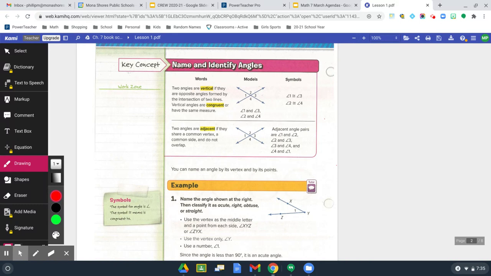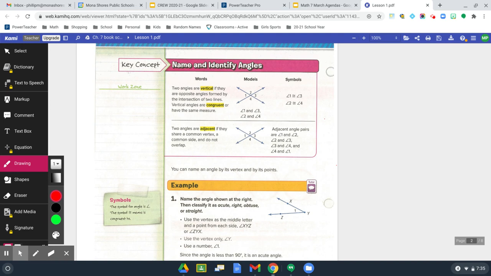And I said yesterday there's going to be some vocabulary from that vocab sheet that you're going to see sprinkled through the lessons, obviously, as we start to talk about them. So on the vocabulary sheet yesterday, we talked about what a vertical angle is, a definition and what a picture looked like. We talked about congruent. We talked about adjacent, same thing, a picture and a definition. And so this gives you at the top of page 536 just another visual, another definition, another piece of information where you can go back and look at those type of angles and what they look like and what they